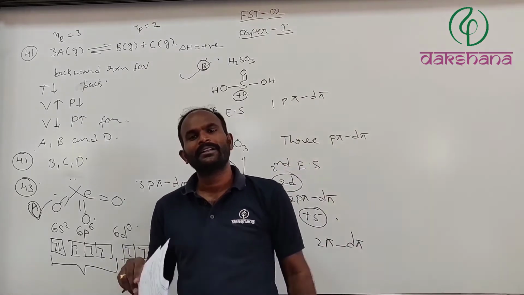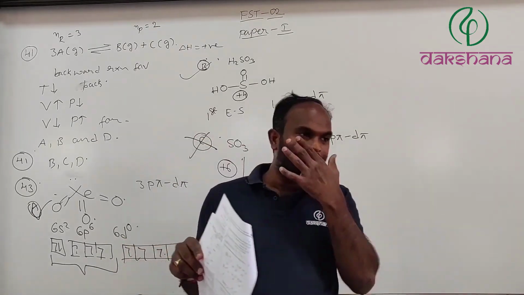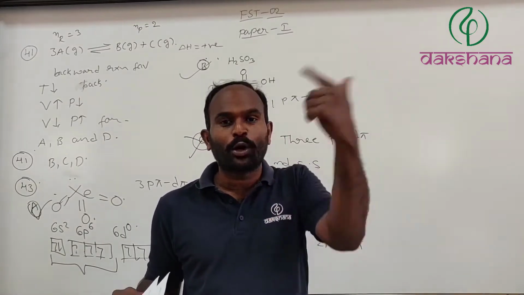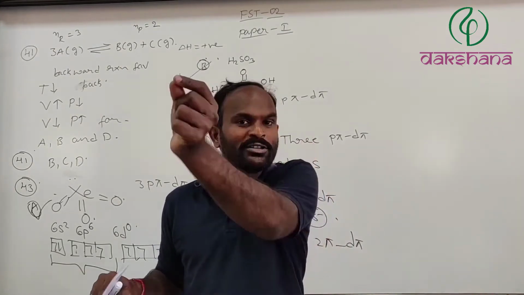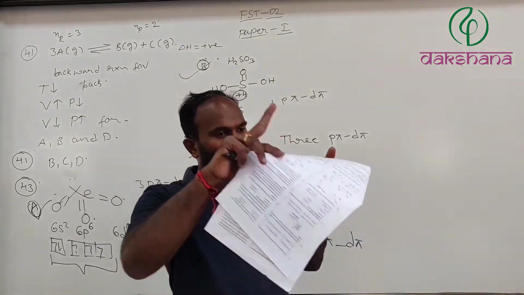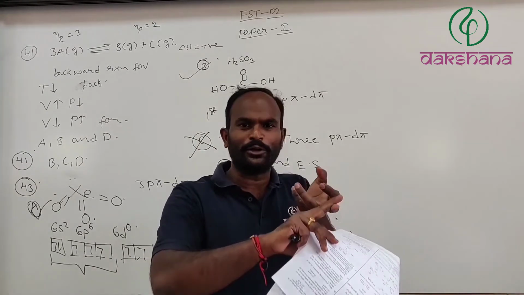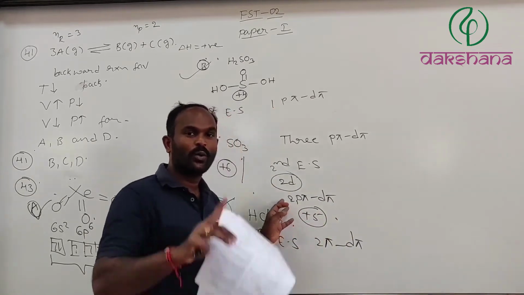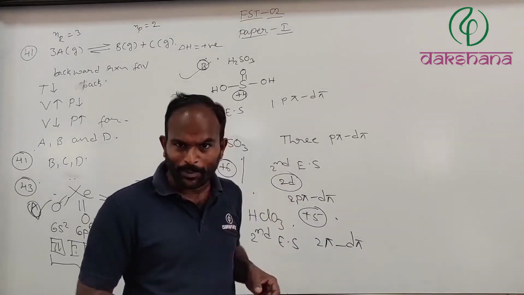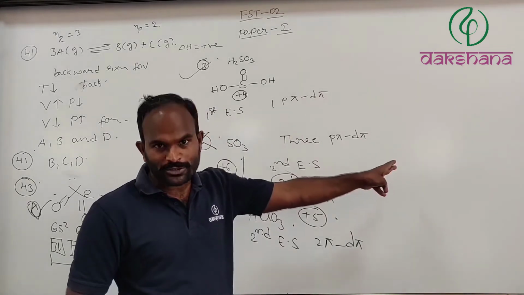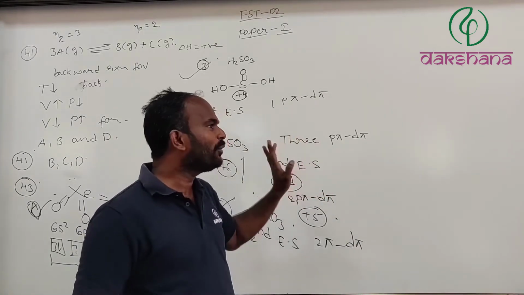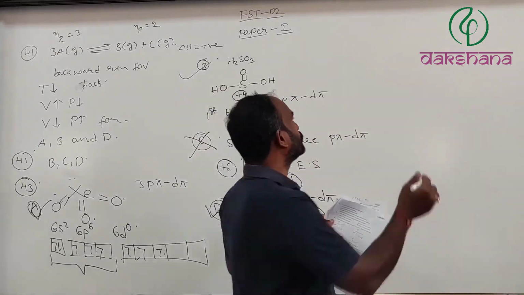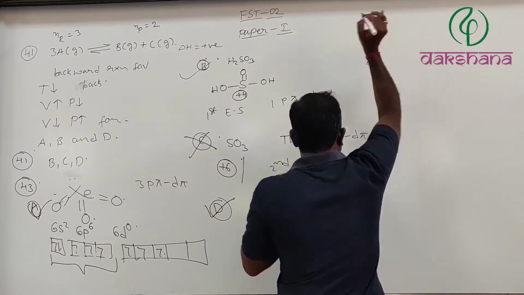Remember like that. Even when it comes to the phosphorus oxyacids, the number of P double bond O bonds present is the number of p-pi d-pi bonds, which means H3PO2, 1 p-pi d-pi bond, H3PO3, 1 p-pi d-pi bond, H3PO4, 1 p-pi d-pi bond, HClO2, 1 p-pi d-pi bond, HClO3, 2 p-pi d-pi bonds, HClO4, 3 p-pi d-pi bonds. That's it. If you remember like that, it will be easier for you. Otherwise, it can be difficult.